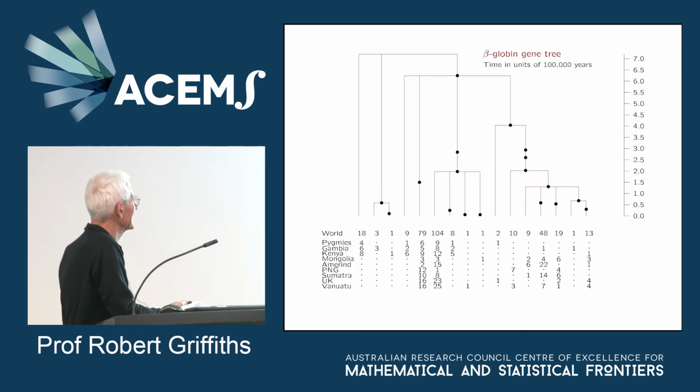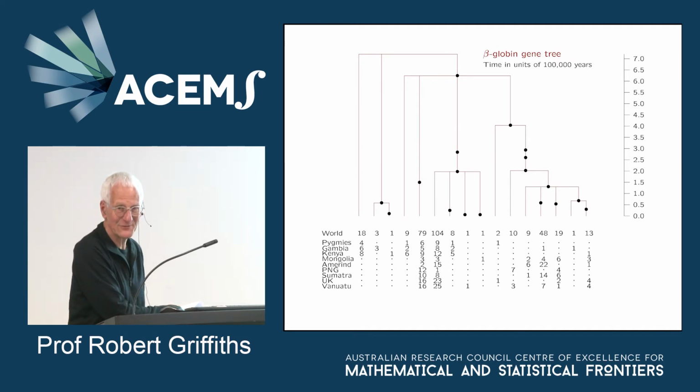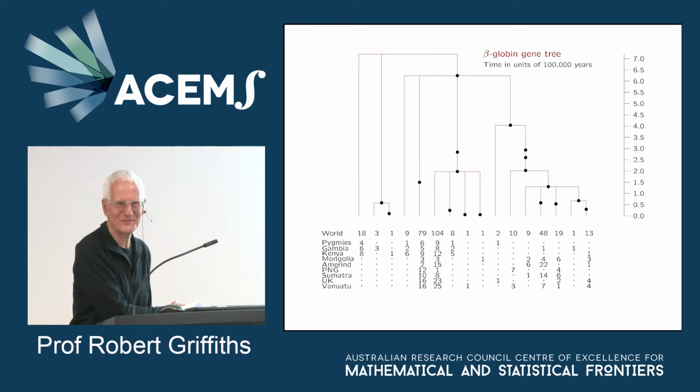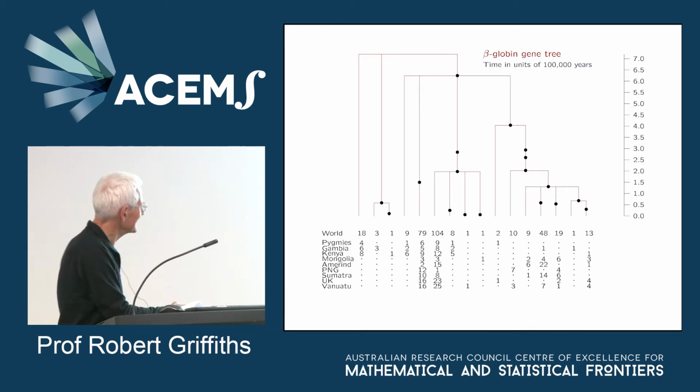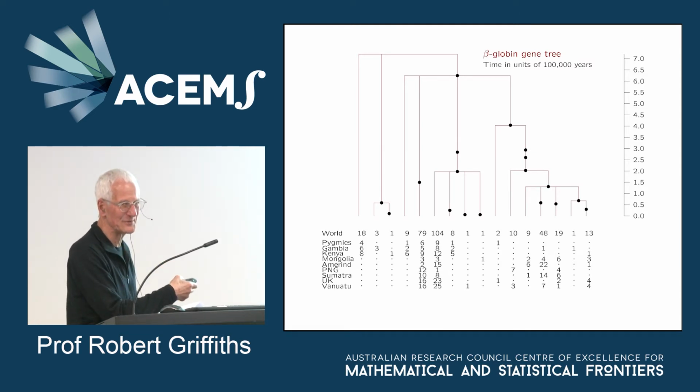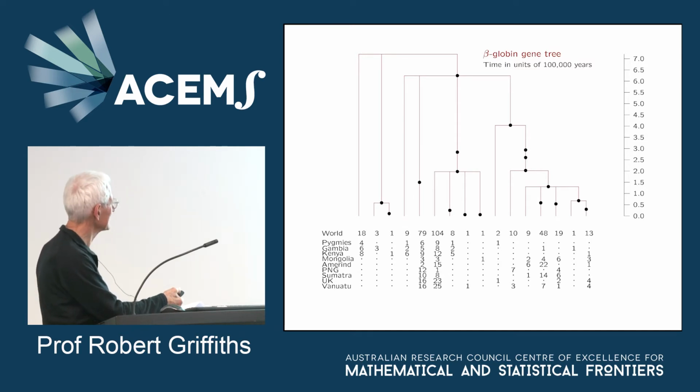This is a beta-globin tree here, which is deduced from that data. And you might say, wow, how can you get all that information from that data set? So there is a tree construction, first of all. It's not a coalescent tree, it's a gene tree. It's different from a coalescent tree. It's a tree which can have different degrees from 2 in the vertex, with more things coming down. It just tells you the mutation history and the vertices of the mutations in this tree here. So you can draw essentially a unique tree from that.